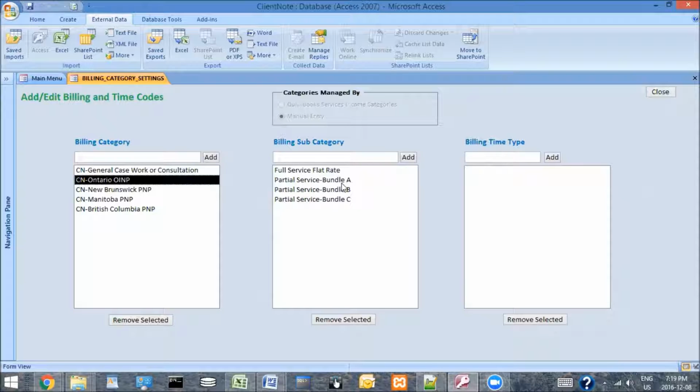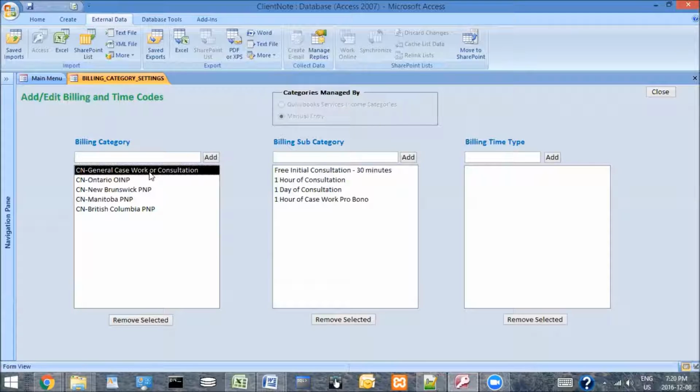So you might look at this as some examples of maybe lesser than full service packages that you may choose to define for your offerings. If I choose flat rate, the billing time type would either be billable or non-billable. So in some cases, you might choose to have general caseworker consultation and provide 30 minutes of free consultation, while the billing time type would be non-billable there. So again, you have full control over how you define all of these main, sub, and time type items for